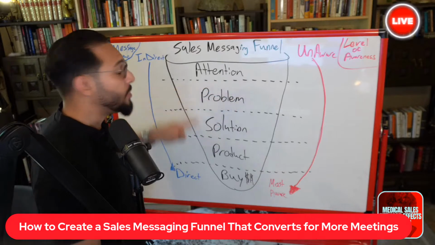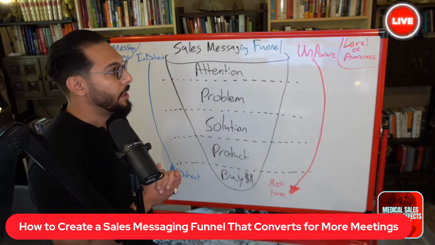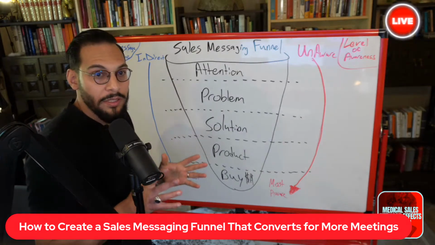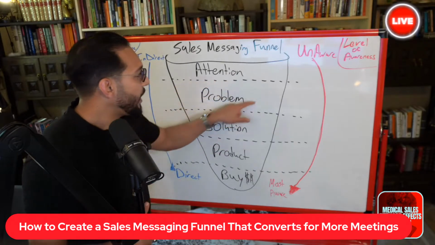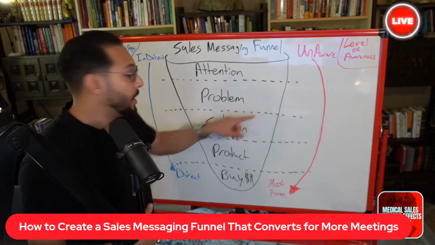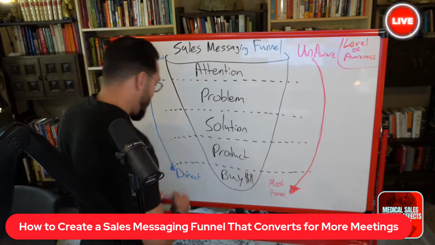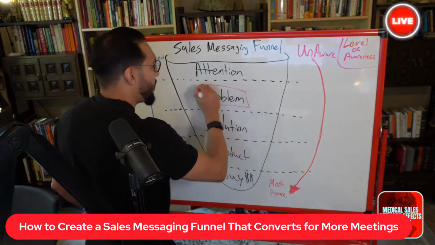So the problem level literally focuses on the problem. If your problem is about efficacy with, let's say, arthroscopic knee surgery, you don't talk about the product. You try to highlight and educate her on the problem. This is one of the most important areas. Meaning, why is this important? This is where